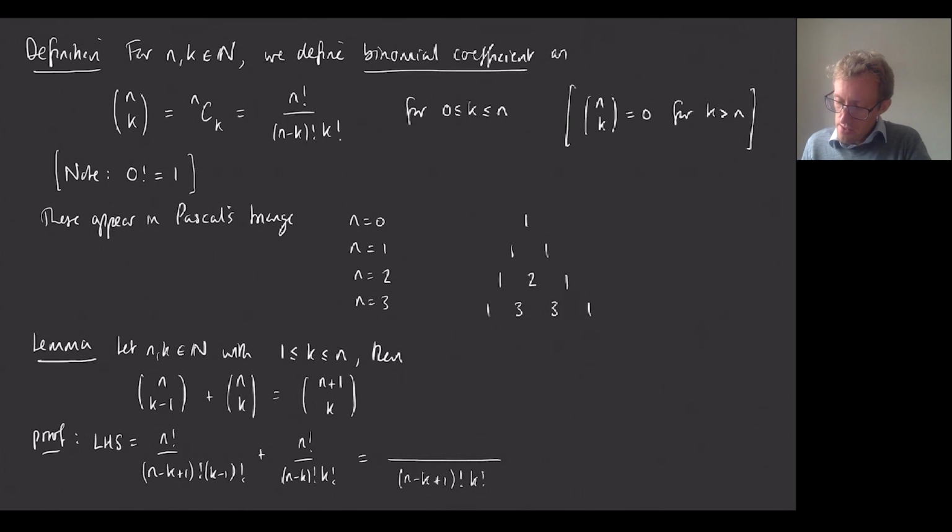And in order to get that on the bottom, the first term I needed to multiply by k. So on the top I'm going to have n factorial. Actually, everything's multiplied by n factorial. So the first term had to be multiplied by k, and then in the second term, I had to multiply by n minus k plus 1. So I have plus n minus k plus 1.